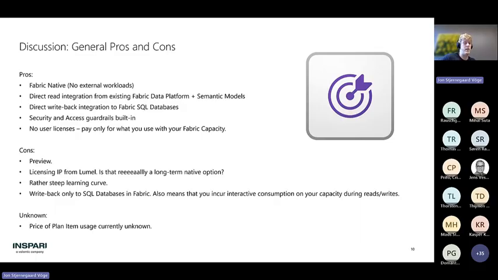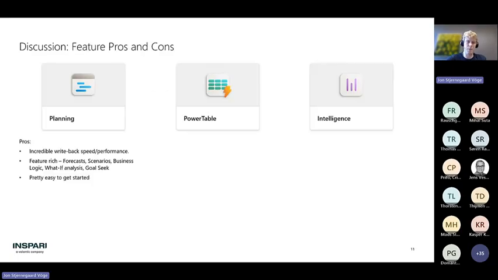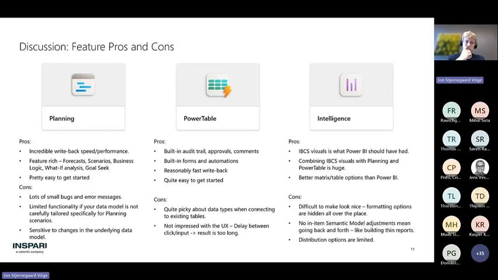But the plan item itself, while it's in preview, we don't know. And the docs page that was supposed to have the info about the billing meters is unavailable. So I don't know what they're planning on, how expensive it's going to be. Just very quickly on these, we don't have time to go into everything here, but generally speaking, I'm very impressed with how feature-rich these tools are, and not so impressed with the preview disabilities that are present, with the amount of errors and the performance issues that I've already explained.